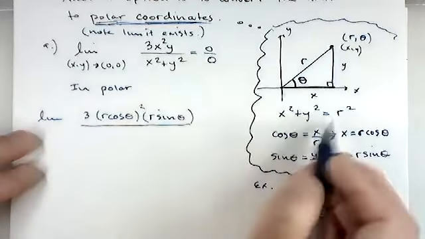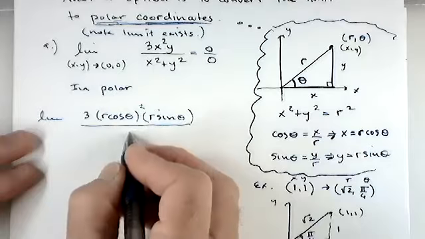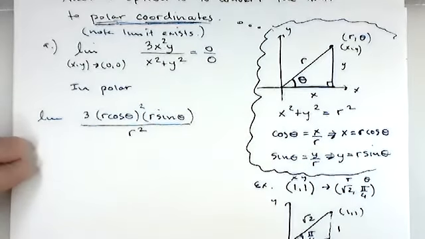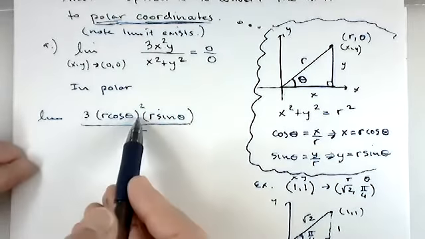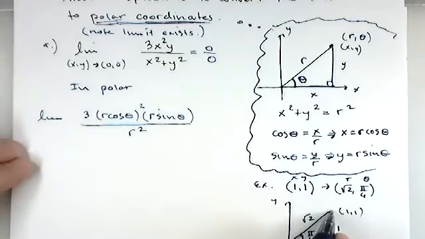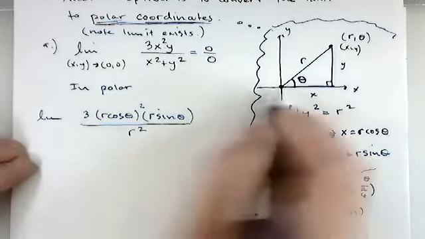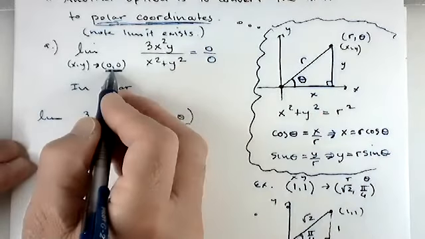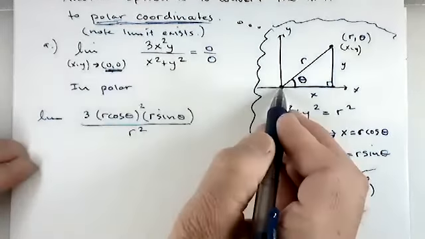X squared plus y squared literally is r squared, so I could just put that there. But now check this out. Unlike a point like 1, 1 or something over here, where you're going to have to give me an angle and you're going to have to give me a distance. But if I'm at the origin, because isn't that where x and y is approaching, right? At the origin,